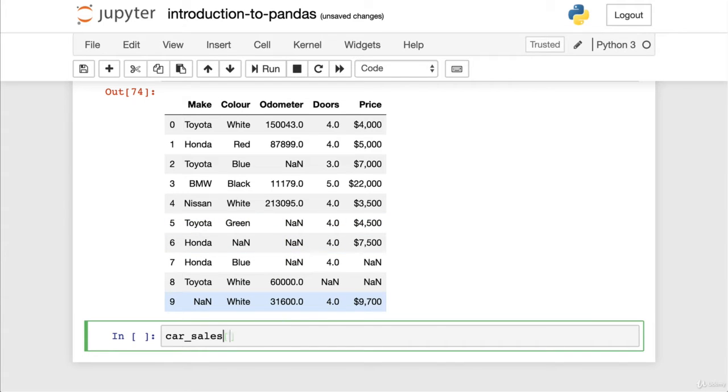So say, for example, we wanted to fill the odometer. So we're accessing that. There's a function called fillna, which is fill these NaN values. And you can pass fillna some kind of value and it will fill these values. So maybe we want to fill up the odometer column with the mean of the rest of the odometers, which in reality isn't a very good practice, but just for demonstration's sake, maybe let's do that,